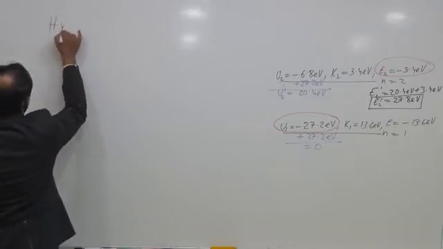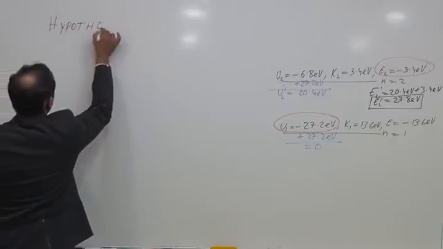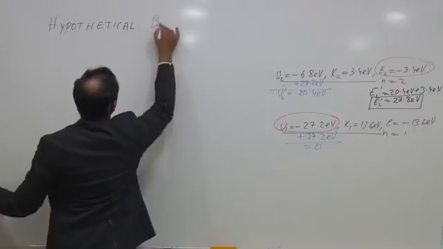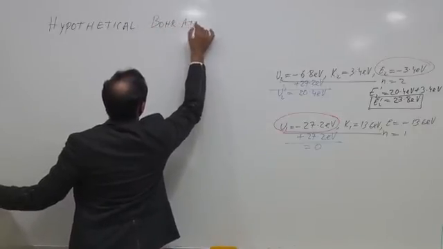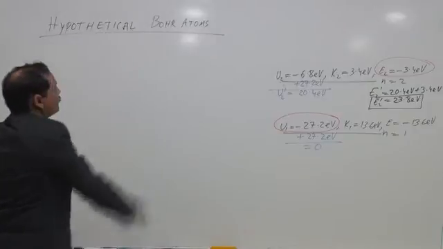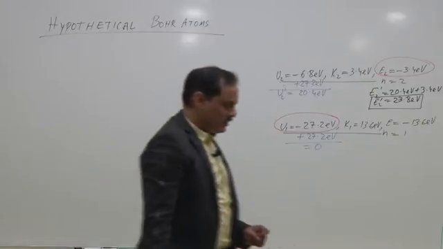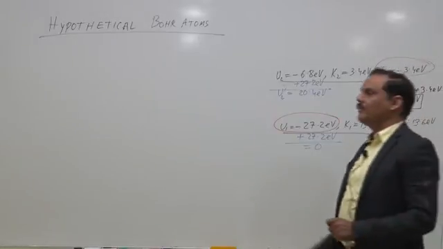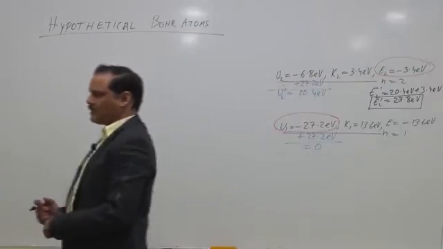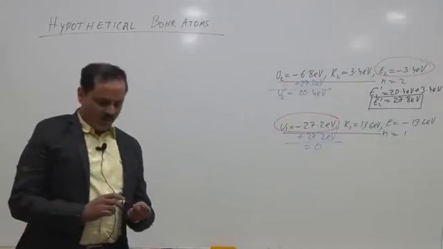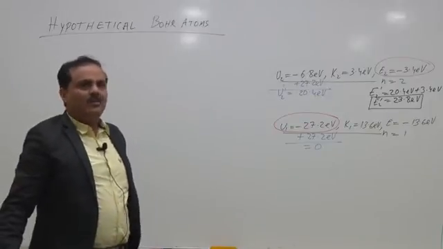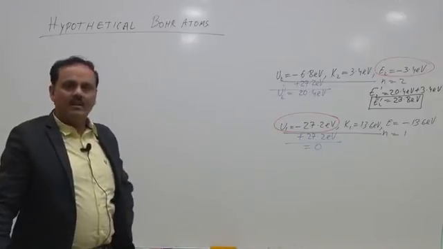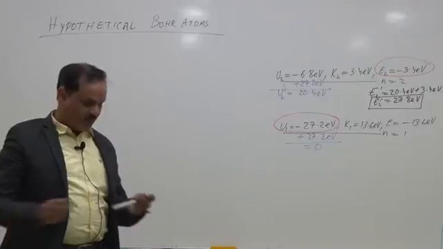Such atoms we will call hypothetical atoms. So, we get hypothetical Bohr atoms, where the force between the nucleus and the orbiting particle is not Coulomb force, it is some other kind of force. So, what changes will be there? In the first postulate, the centripetal force will be provided by the other kind of force which will be given in the question, and the rest of the calculation is the same as before.